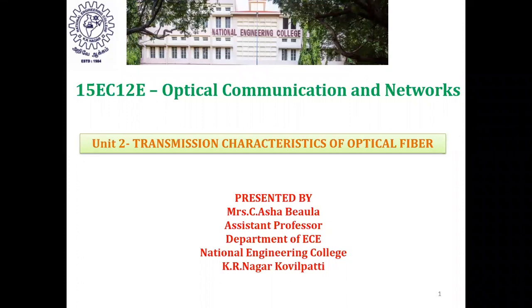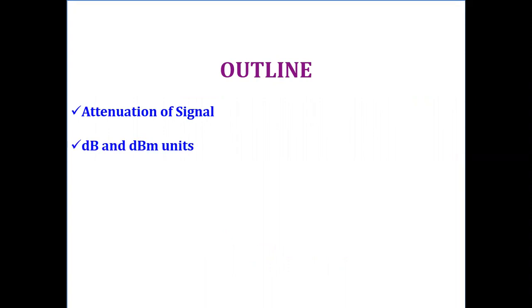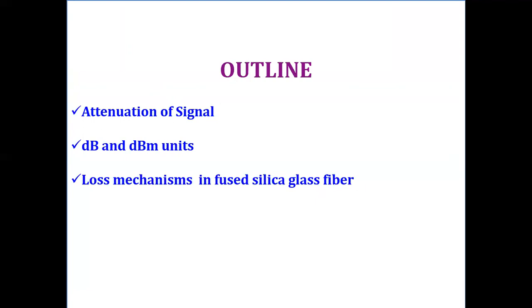In today's class, we are going to see Unit 2. The title of Unit 2 is Transmission Characteristics of Optical Fiber. So, in this unit, we are going to see what happens to the optical pulses when they propagate through an optical fiber. And also in this chapter, we will concentrate only on multimode fiber, and we'll see what happens to the pulses. Now I will start with these transmission characteristics of an optical fiber, and we'll concentrate on attenuation of the signal. So let us see the outline of content of this presentation.